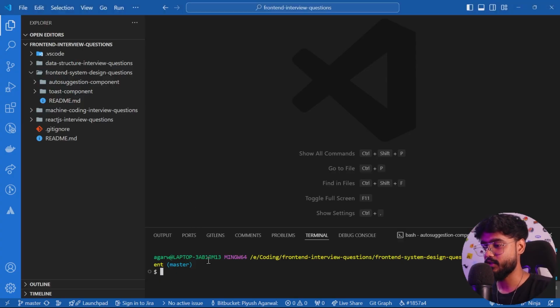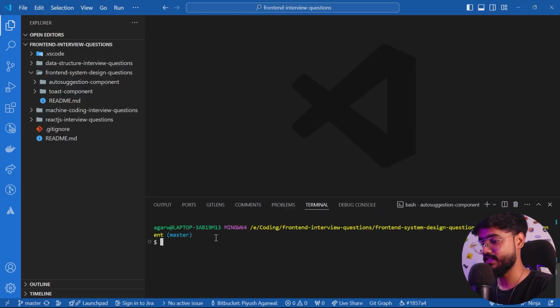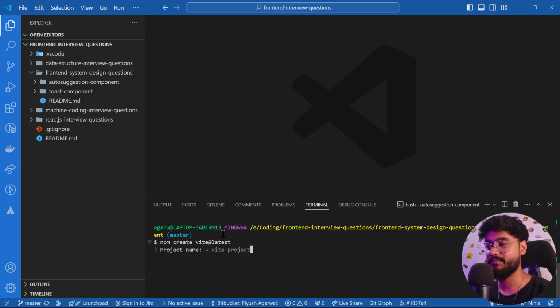Alright, so I've opened VS Code over here, and let's quickly go on and initialize a new React app. So I'm going to say npm create vite@latest. And in a lot of front-end system design videos, I've seen people do not go on and code the app. They would just explain HLD, LLD, and then optimization, and they'll be done with it. But here on this channel, I'm going to show you how you can create it end-to-end